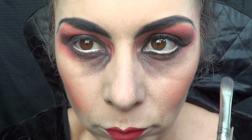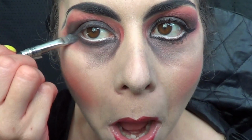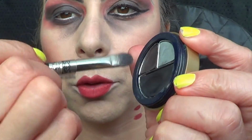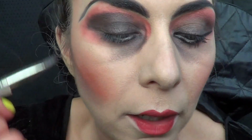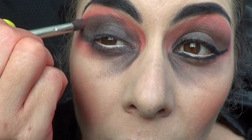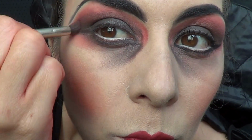Okay. Ooh, I'm starting to feel ghoulish. Okay. Bit of our purple. Make sure that area is all blended. I'm just going to leave that line nice and hard so I can show you the next step. Back to our hot, hot, hot, and let's just blend that line out. Not bad, Bianca. I don't know whether I would take you home to mum, but